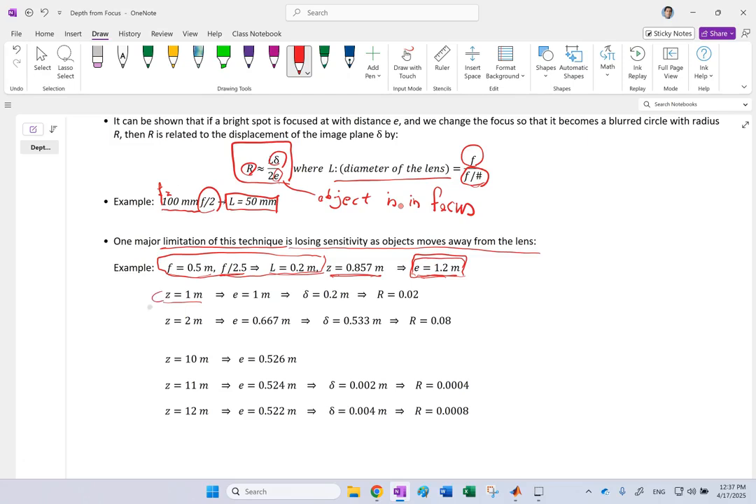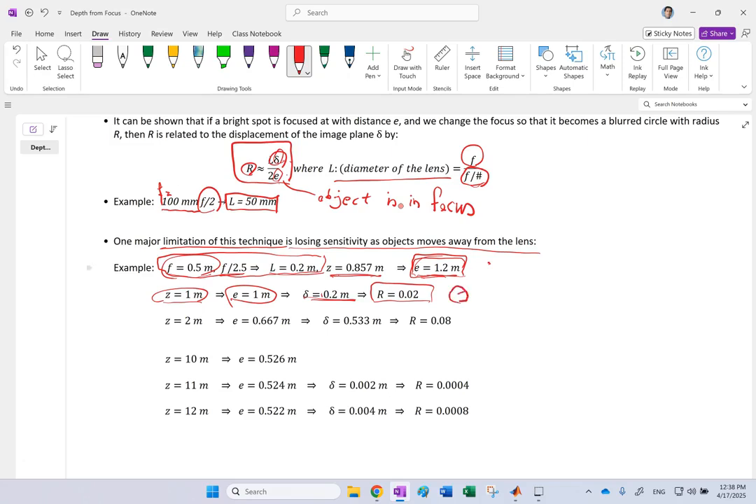If for this new Z with the same F, we calculate E, your E is now at 1 meter. So it moved from 1.2 to now 1. That means your delta is 0.2 meters, the shift in the E. And if that delta is plugged into this formula, you see that the radius of the blob is going to be 0.02 meters. So the perfect spot that you had here is now going to be a circle with a